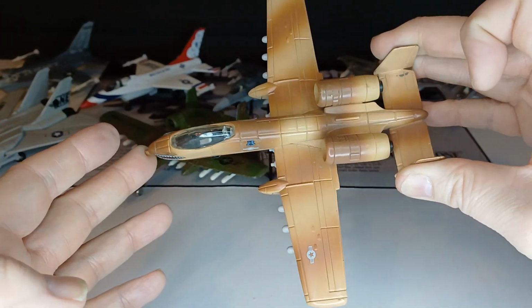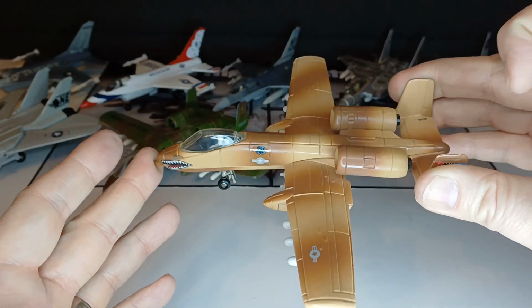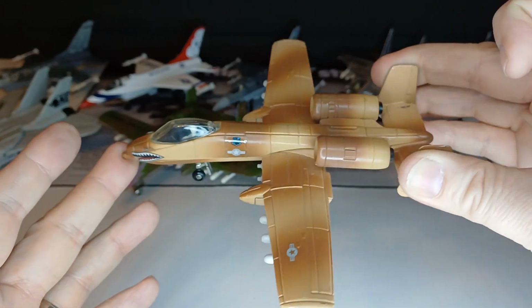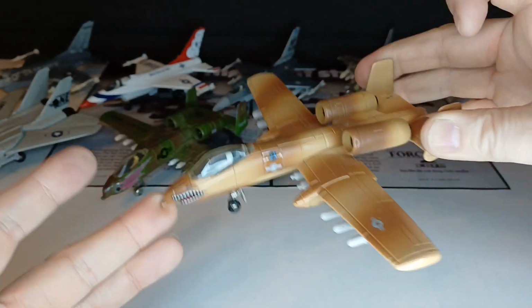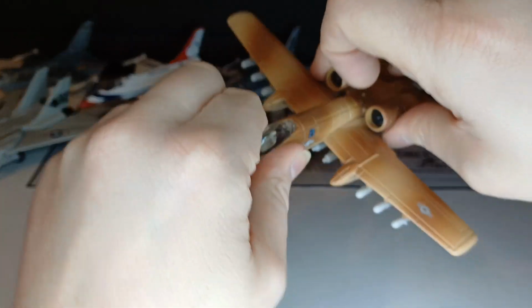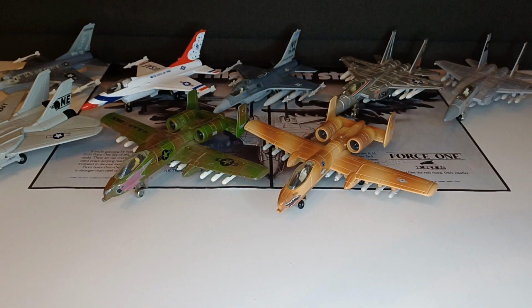It's one I've never seen on eBay. I've seen pictures of it. There are a couple of Force One websites out there, so it's shown up on there. But unfortunately, it's not one I've ever managed to pick up. It's one of the ones that's top of my wants list, really. But yeah, so ordinarily, there were just the 2 A10s. So that's the desert one. And then we move on to